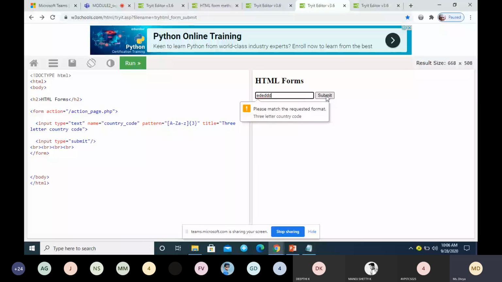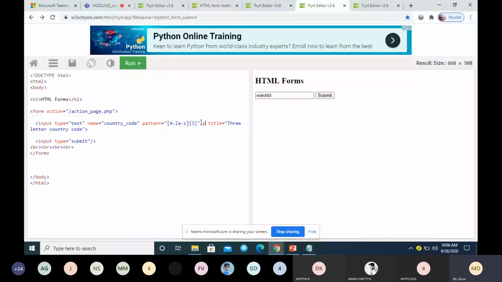If I enter more than 3 characters, it will give a message: please match the requested format. Only 3 letter country code is allowed. So this is about the pattern attribute.